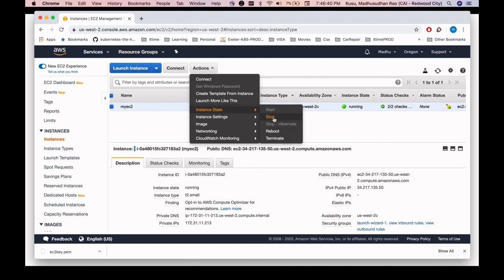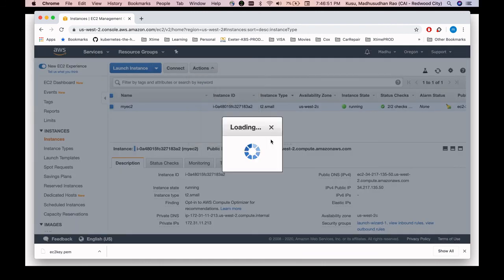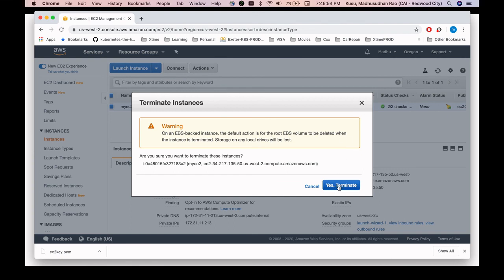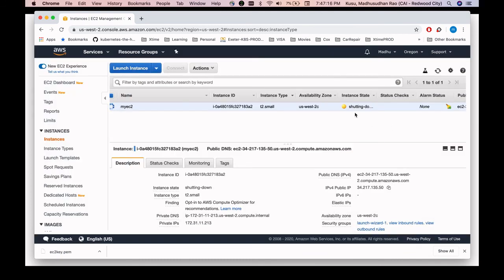If you leave it in the stop mode, AWS will charge the money. So here I want to delete the EC2 instance, which means I want to terminate it. Now click on terminate, yes. This has a backup image which we selected as storage, that is called the root EBS volume. We don't want to keep that volume data also, so terminate will delete the storage device attached to this EC2 instance. Now click on yes, terminate. It will terminate that. Now the instance state has changed from running to shutting down.